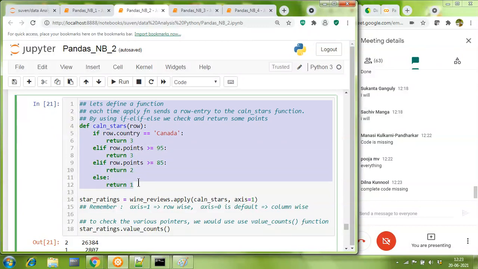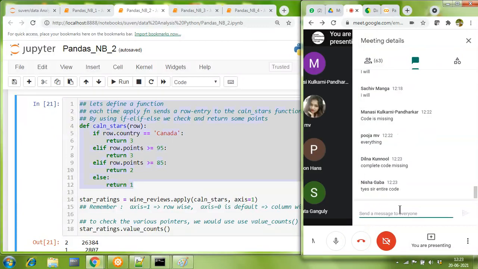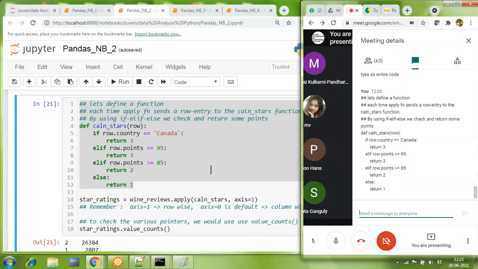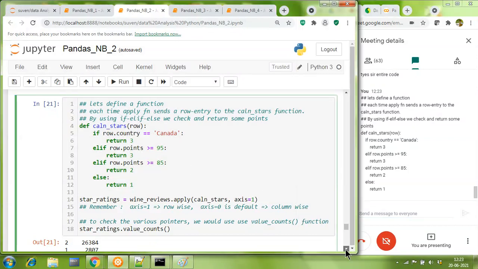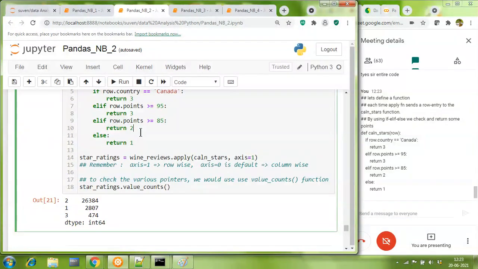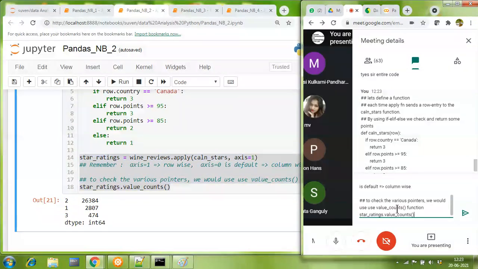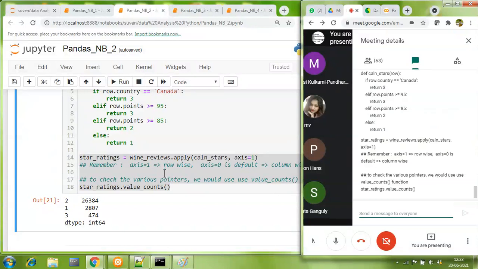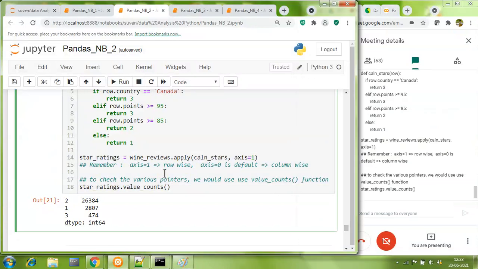Let me give you the code in two parts. First, I'm giving you the function. Please don't put anything on the chat, people will get confused. I have put the function first. Now, after the function, I'm putting the calling of the function also. I put both the things. Please don't respond on the chat for the next 1 minute. Let people copy the entire code.